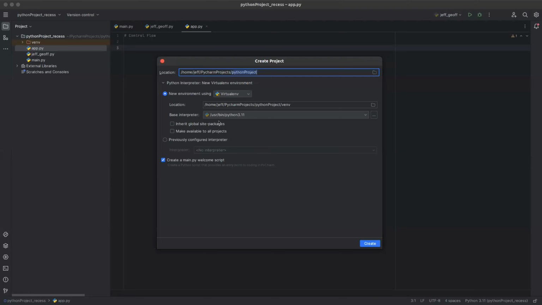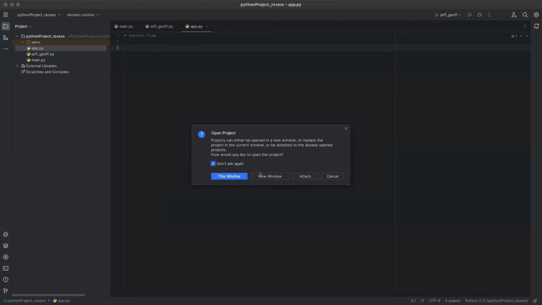Then once you click just project, this is going to be your project. I could even name it Python project underscore BSE. Now you can see in the location here, it's showing the PyCharm project. This is the project name, Python project underscore BSE. So once I click on create,